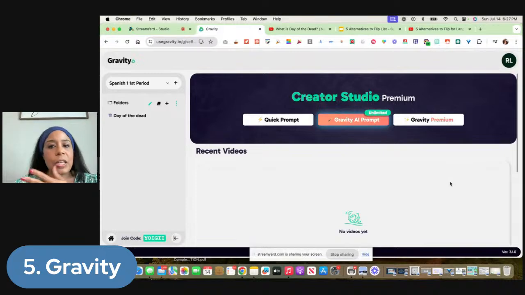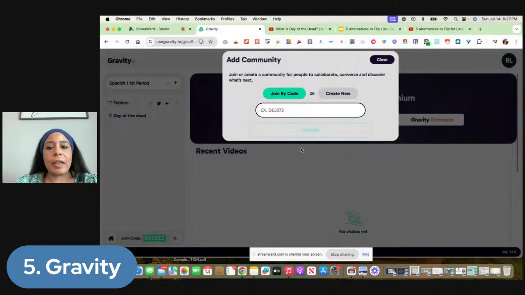Once you create your free account, you're going to come over here and click the little plus sign. Instead of entering a join code, because you can also create your own join code, go to create new and then give it a name.